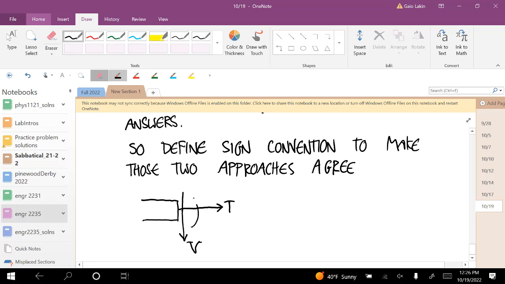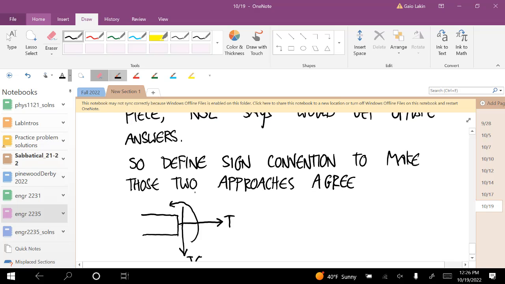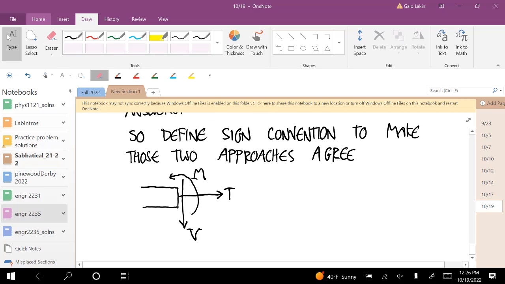And then back to sort of the sign we would expect, a couple, capital M. And the thing that makes the left agree with the right is, if you're coming from the other direction, a positive value of T is this. A positive shear force is up,